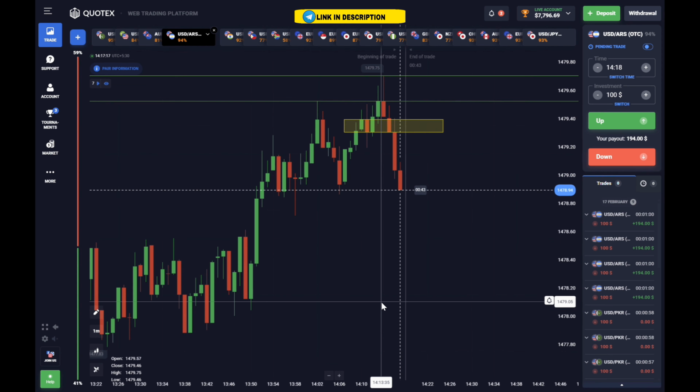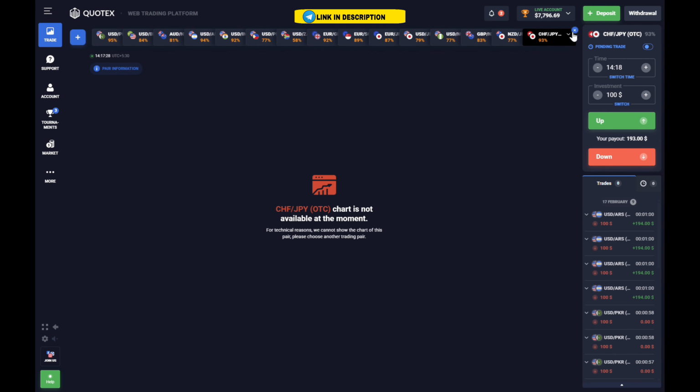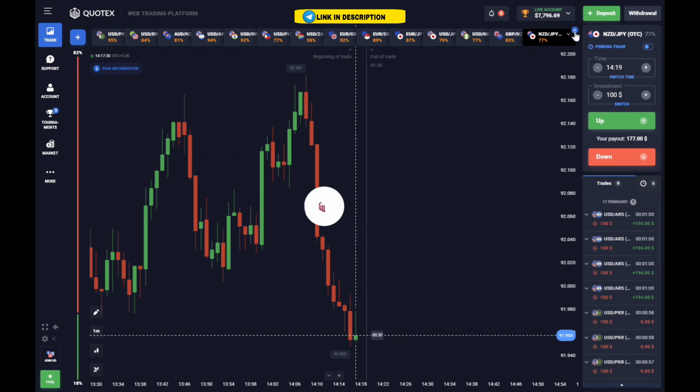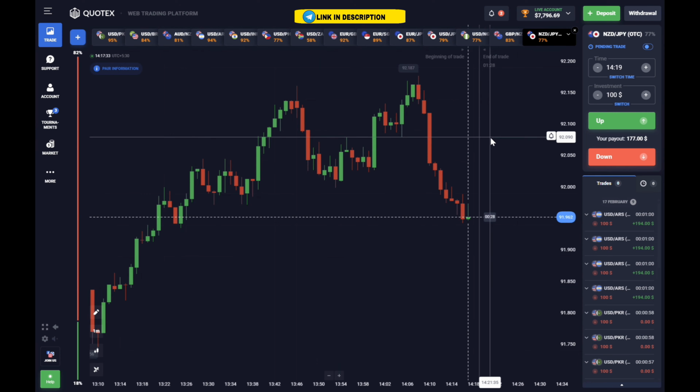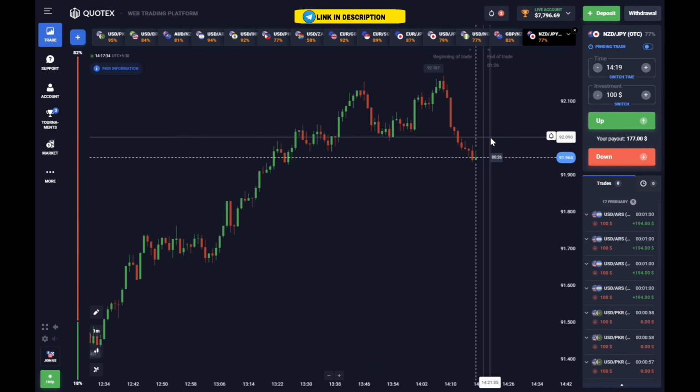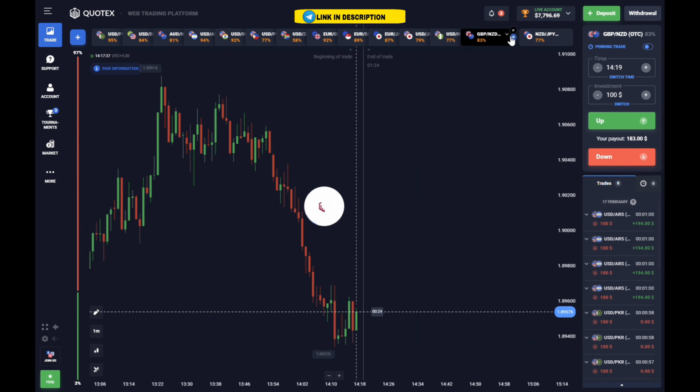For now, I will try switching over to a different chart because I really want to find a chart with a strong and consistent price movement. Only after that will I identify support and resistance, and then I will also try to apply the long candle concept. So I am removing the charts that are not available here.